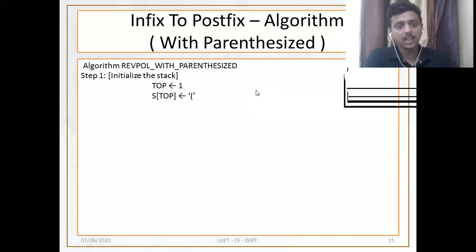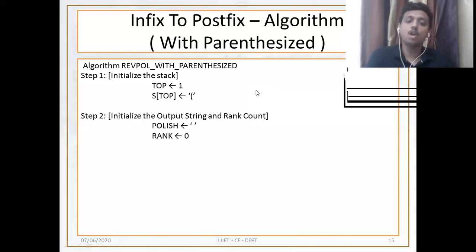Now the second step is to initialize the output string and rank count. Here the output string is polish. As it is a string, we initialize it with null. Rank is an integer variable, and we initialize it with 0.